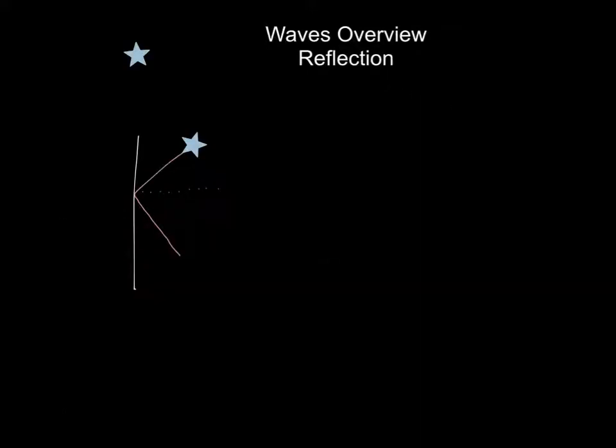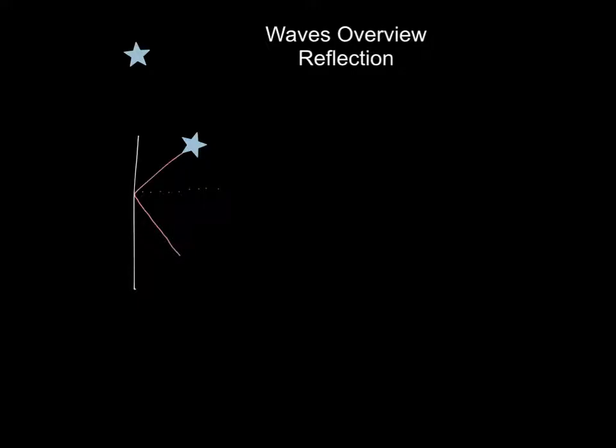So now we need to talk a little bit about our first property of waves, reflection. Well, I guess we talked about interference, so that's a property of waves. So our second property of waves, reflection. So the first thing we want to look at is how do we see this image of the star